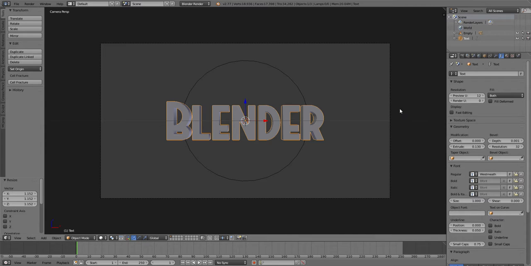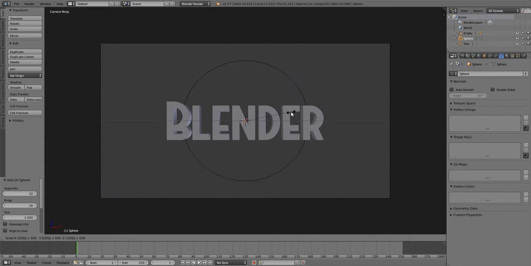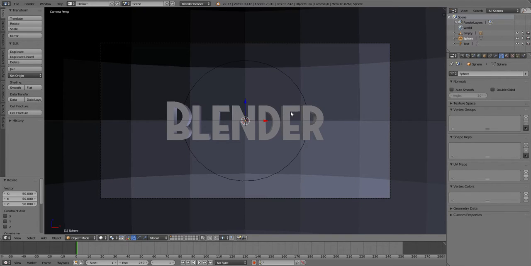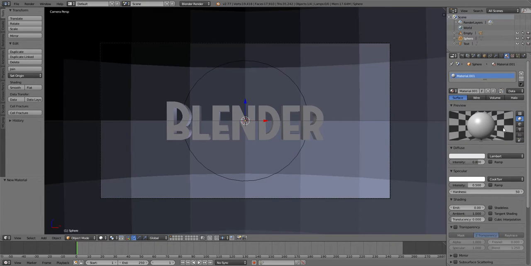Now what I'm going to do is hit Shift A and select Mesh, UV Sphere, and then I'm going to hit S 50 to scale that up. And I just did something wrong. So S 50, enter. Now what I'm going to do is go to its texturing options and select new, material, and